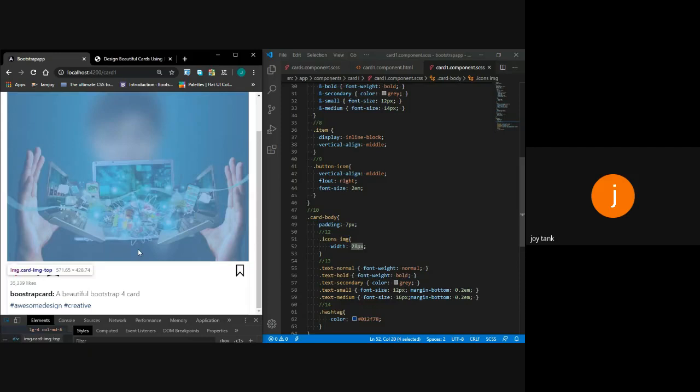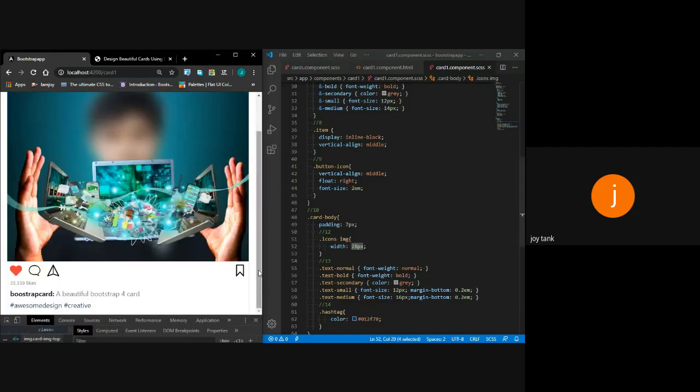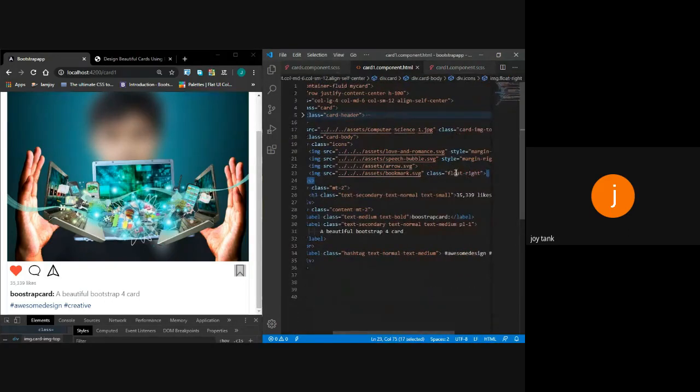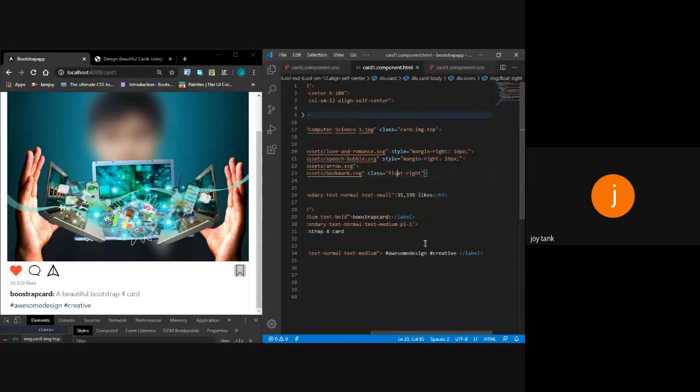Now I want these buttons to appear in the right column. So I go to the HTML and say that I want this image to appear in the right-hand direction. There is a predefined class in Bootstrap, float-end, which indicates that it will be on the right-hand side. Then other properties like margin, with 16 on the right side. So my first row of this card has been created.